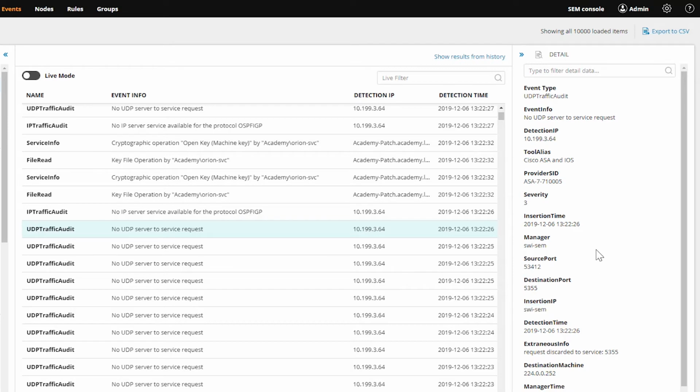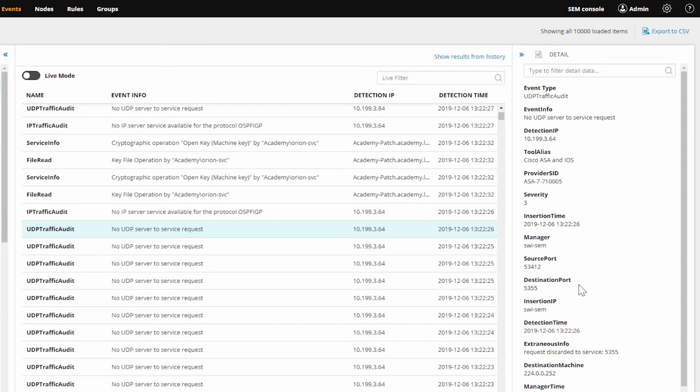What this means is, because this device doesn't have an agent on it, the actual insertion of the data after it goes through the parsing process is done from the appliance itself. The connectors that are parsing this data are stored on the appliance, so the data comes from this IP address to the SEM appliance in its raw form, and it gets parsed through the connectors at the appliance level and inserted directly into the database. So the appliance itself is doing the inserting.